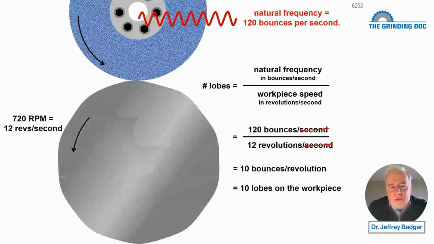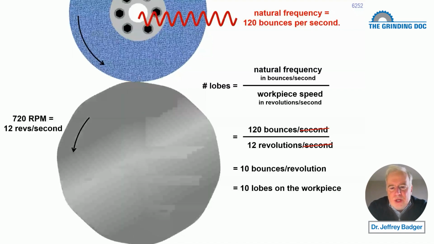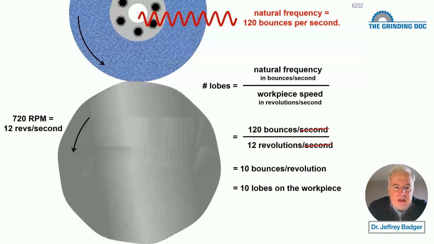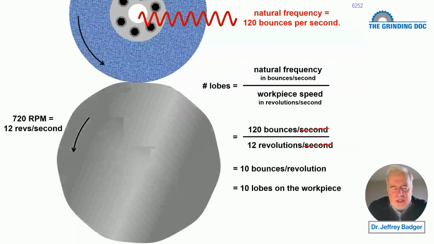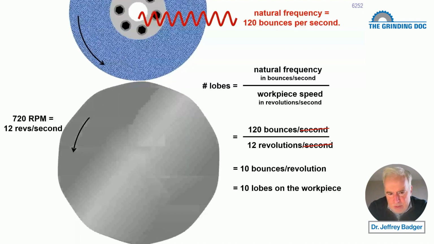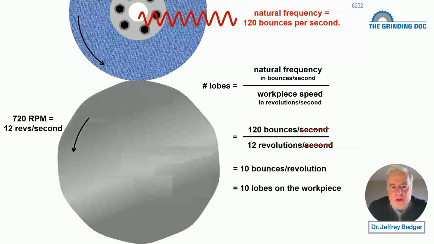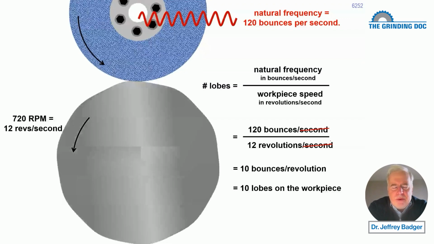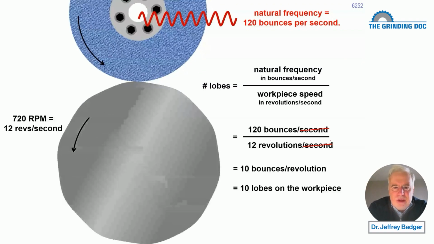The workpiece is rotating at 12 revolutions per second. 120 divided by 12 is 10. So now we get 10 small little lobes on the workpiece, little waves on the workpiece, and there are 10 of them. But they're small. It's not a big deal because these are small little waves, not a problem. No big deal. It's going to happen regardless because that wheel always wants to bounce up and down at 120